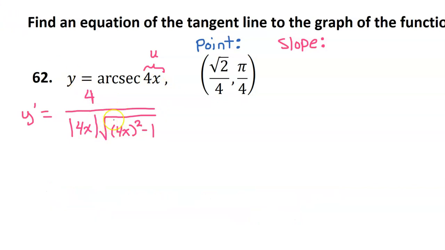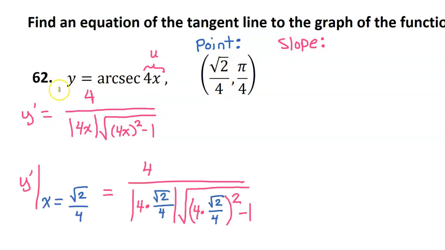So this is the derivative of the original function. This expression will give us the slope of the curve at any point, including this one. So we just need to evaluate y prime at the x value of radical 2 over 4. Substituting radical 2 over 4 in for the x's of our derivative expression gives us this. Notice that these 4's cancel each other out. So on the next step we will have, well, I started to say the absolute value of radical 2,